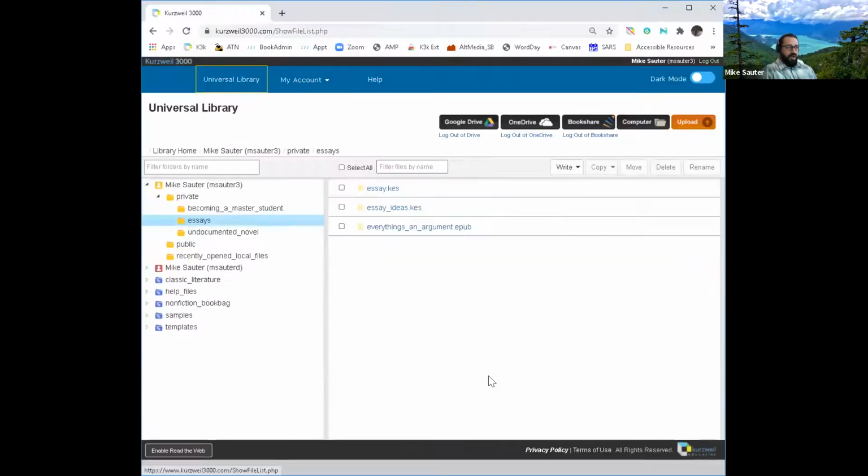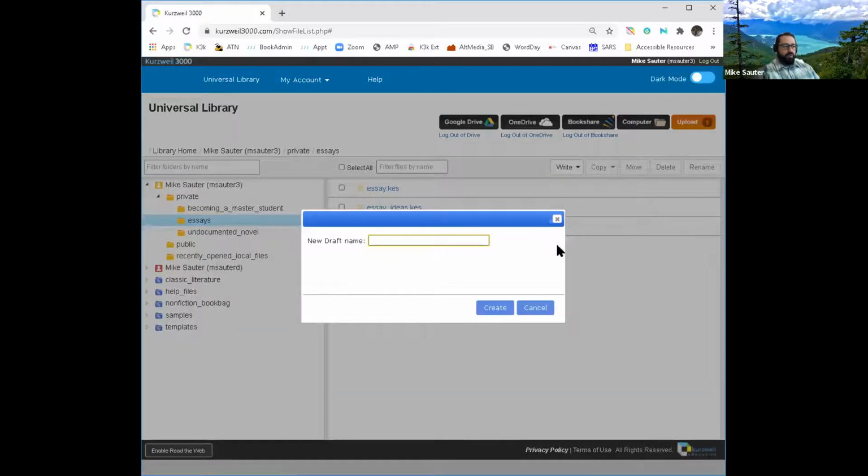the regular draft document. So I'm back in my Universal Library. I am back in my folder. I am back in my essays folder that I created. And now I am back to the drop-down right icon. And I am going to create a new draft. This is a blank Word document. And so when I click new draft, it asks me for a name. So I am going to type